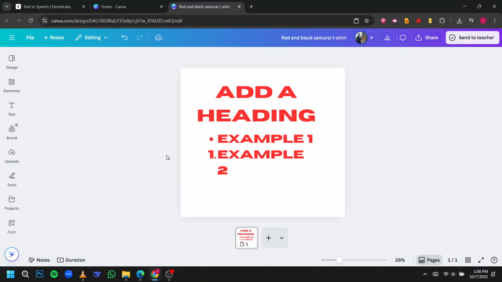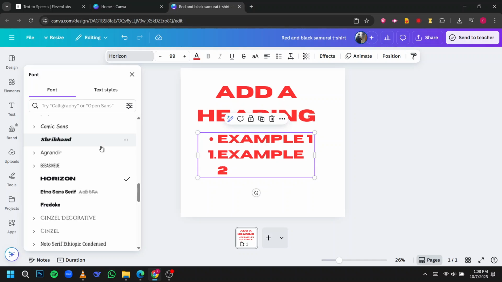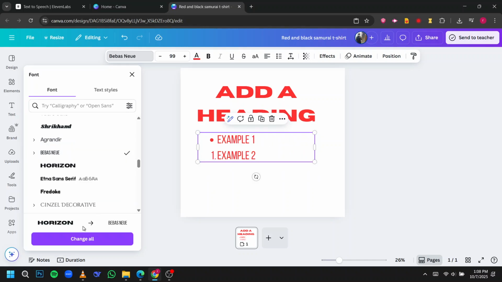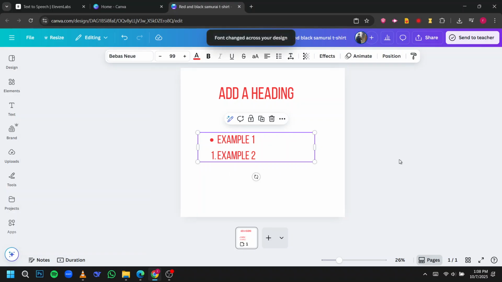To summarize, just select your text, choose a new font from the toolbar, and click Change All. Within seconds, your entire Canva design will have a consistent, polished, and eye-catching font style. The next time you're creating something in Canva Pro, remember this simple yet powerful feature. It can truly elevate your workflow and help you